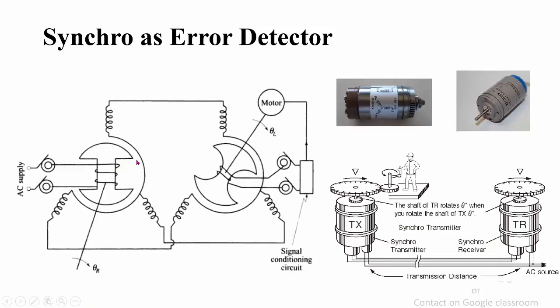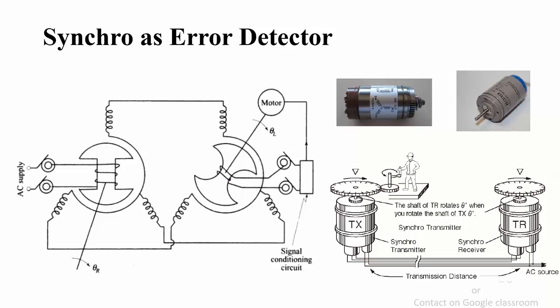Shown here is the same schematic circuit diagram that I showed you before. This is the input. Now how are you going to employ the voltage induced at the rotor of the receiver to correct its position? Suppose the voltage induced in the rotor side is further fed to a signal conditioning circuit. Signal conditioning means that you might be amplifying this signal. Since a voltage exists between these two terminals, this may be amplified and further fed to a motor. The shaft of this motor may be connected to the rotor of the control transformer.